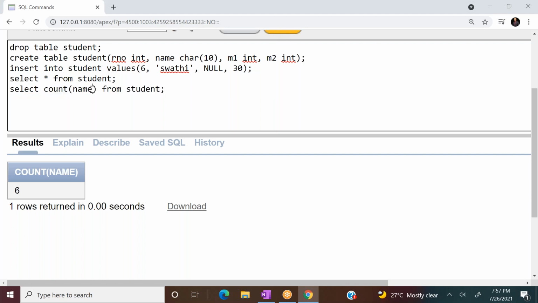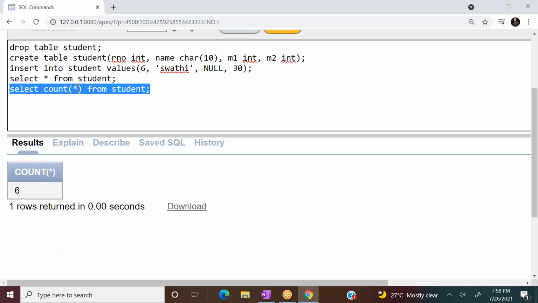Suppose I write count of star. What does star specify? Star specifies rows. Because star specifies rows, what is the count of star? Count of star is 6. Why? Because we have 6 rows.